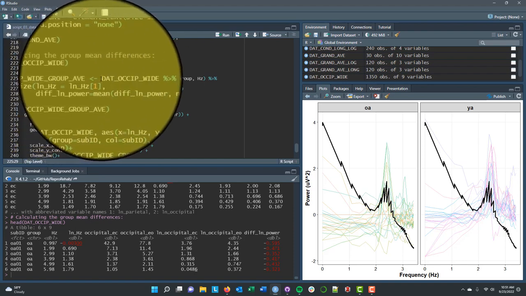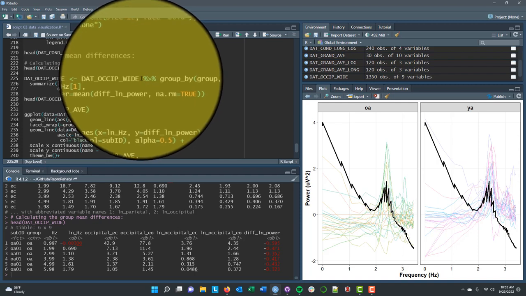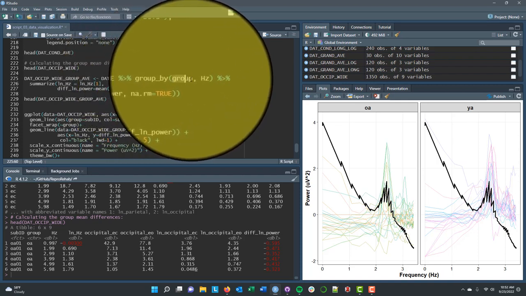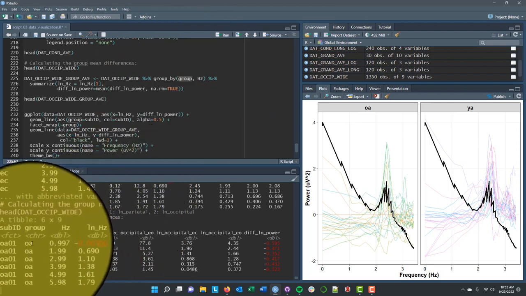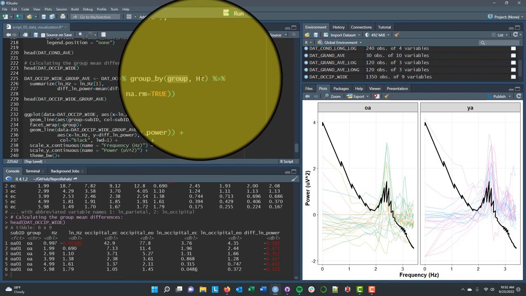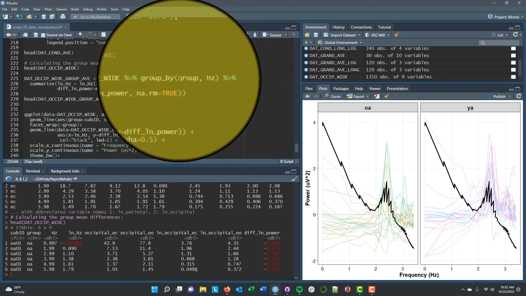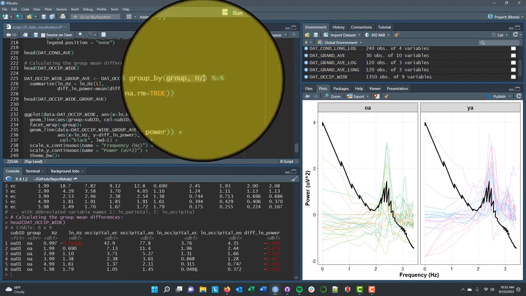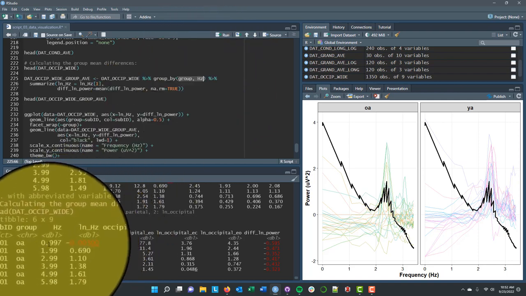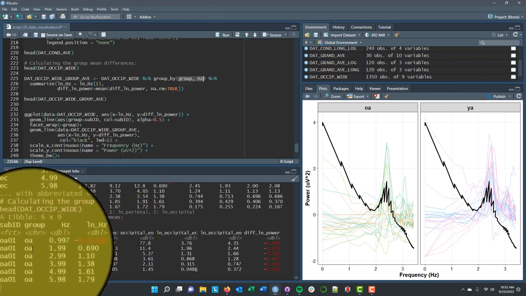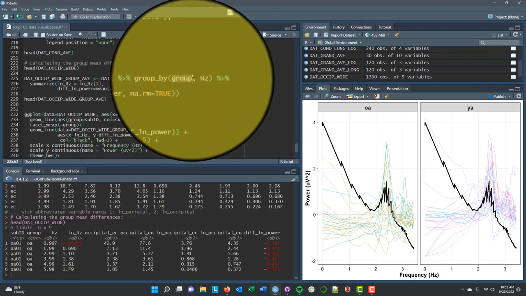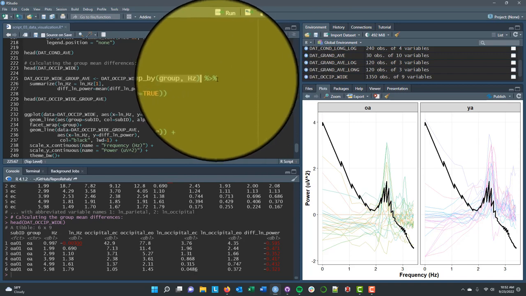I'm going to take my wide format occipital data and pass it through a pipe into the group_by function, where I'm going to group it by group, right? So I want the older adults to be one group and the younger adults to be one group, and hertz, because what I would like to do is average across people to get the average difference for the older adults at 1 hertz and the average difference for the older adults at 2 hertz. So I'm going to group it by both age group and hertz,